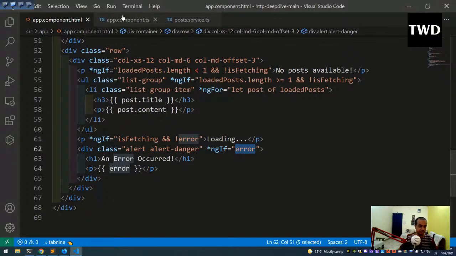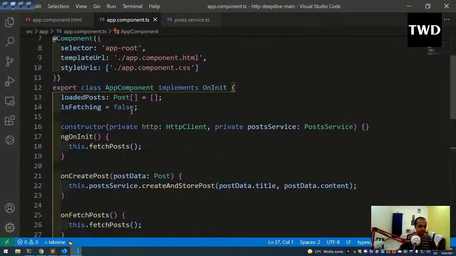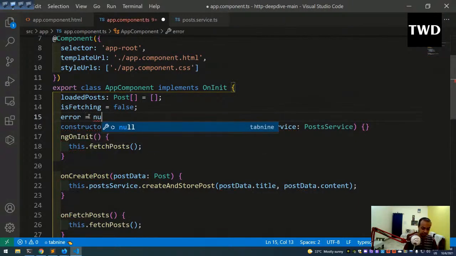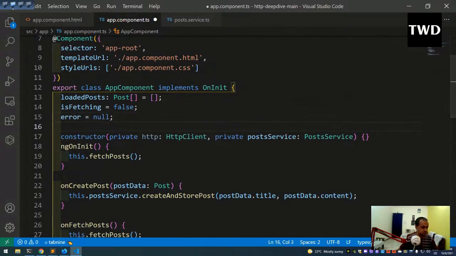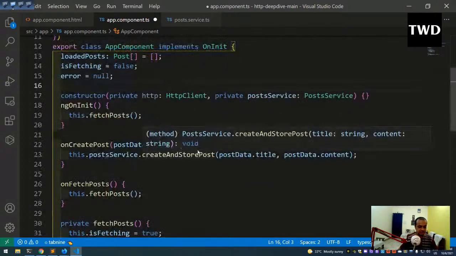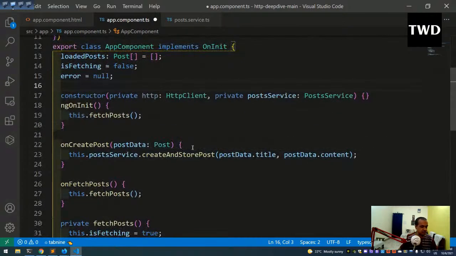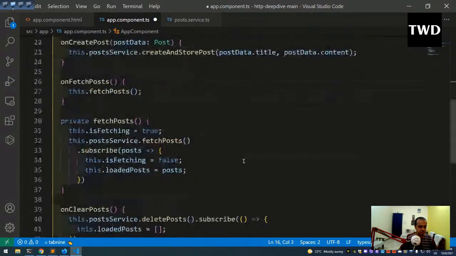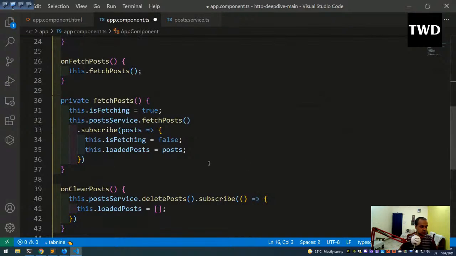So this error we have to give. So error, we go up here, and after the isFetching, error equal to null, we are going to do. So after that, where are we? Okay, so this fetch post is there, we are going to show this error there only. Fetch post here,